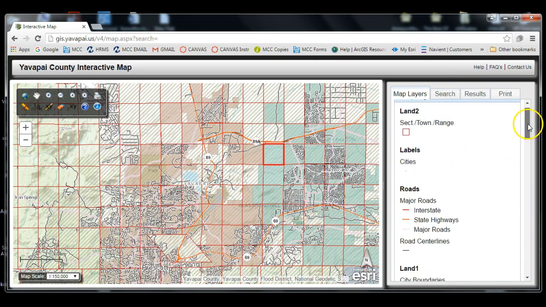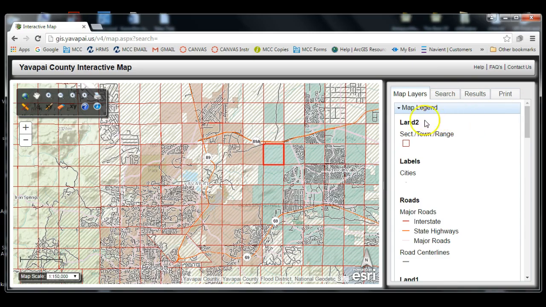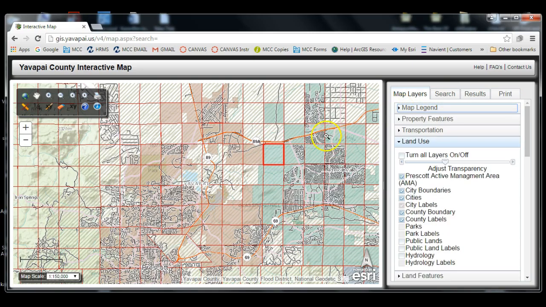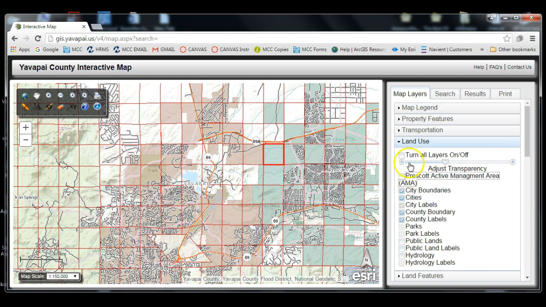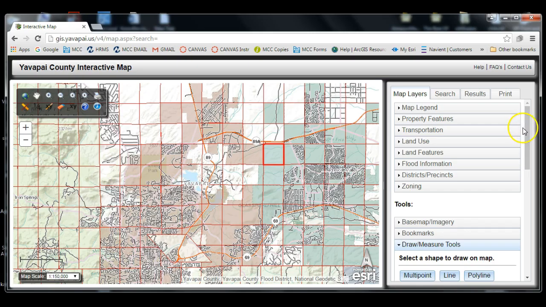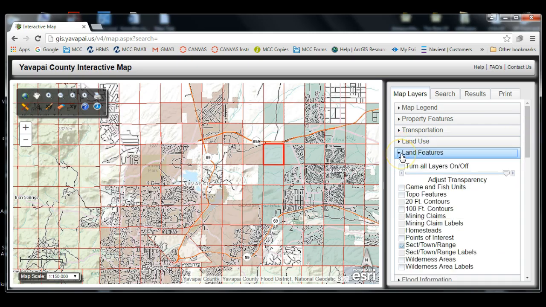There are other layers, so I'm going to go ahead and collapse the map legend now that I know that these gray stripes are indeed the Prescott Active Management Area. If I turn this off and collapse land use, and go into land features, notice I have Game and Fish, that's a management area. Notice the green boundaries pop up to make sure that that does indeed define a Game and Fish managed